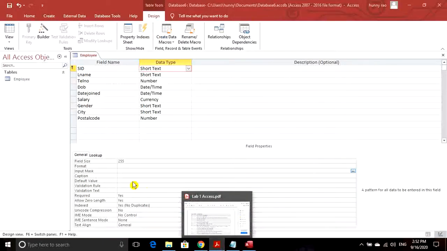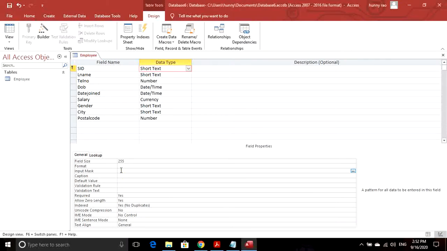So we will write 0, 0, 0 because first we have to add 3 digits, then we have to put dash as it is, then 3 zeros, then dash, then 3 zeros, then dash, and then 3 zeros. When I press enter, it has put this backslash before dashes because dashes will appear as it is. There is no special meaning of dash, but it will appear as it is. So now I have defined the input mask for SIN field.